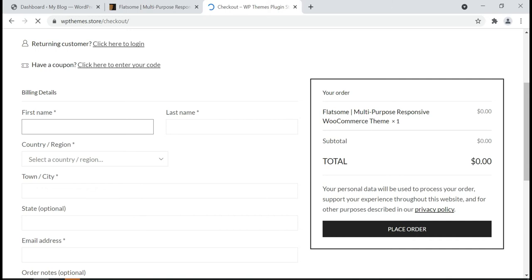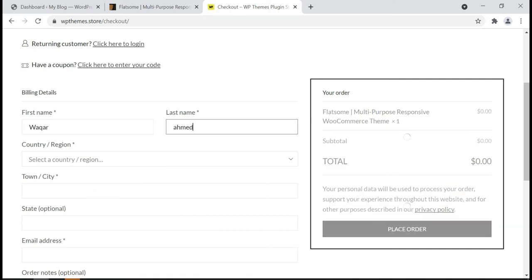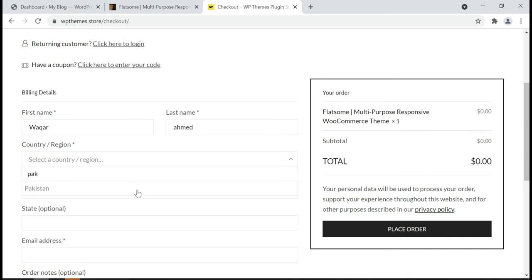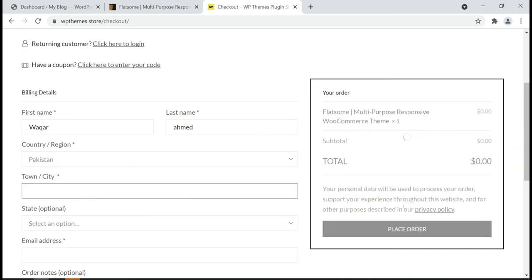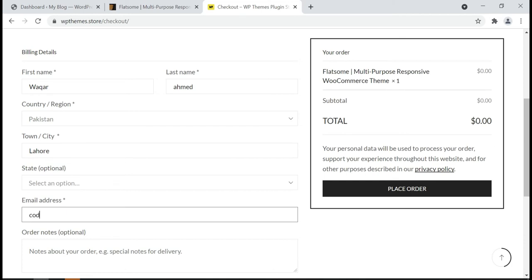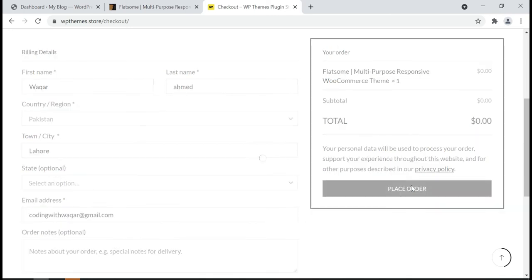Enter your first name, select your country, select your city, leave this blank, enter your email address. Once you enter the given data, then click place order.